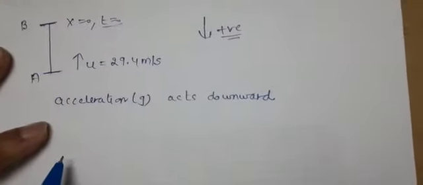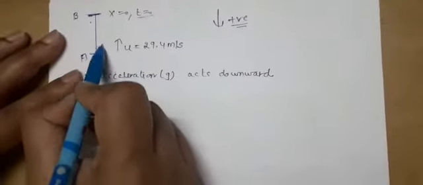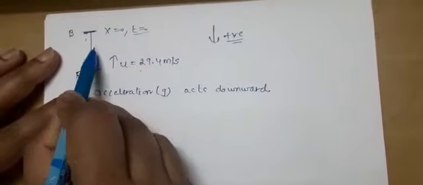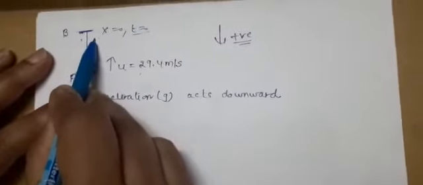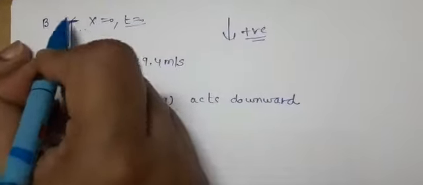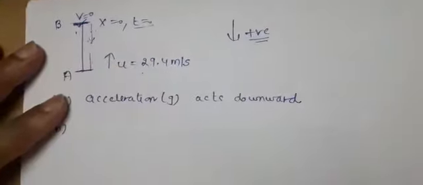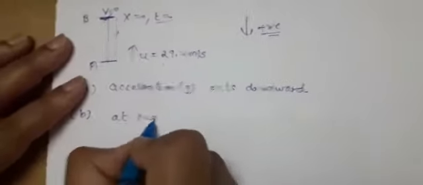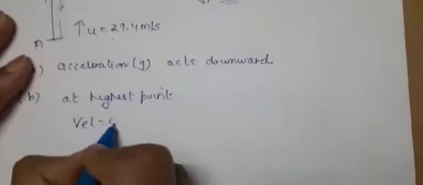Now, what are the velocity and acceleration at the highest point? See, this is the highest point. The initial speed is 29.4. When it is going upward, what is going on? As it is moving opposite to the direction of gravity, its velocity will go on decreasing, and hence at the point where its velocity becomes 0, after that it will start coming down again, reaching the ground. So at the highest point, its velocity will be 0.